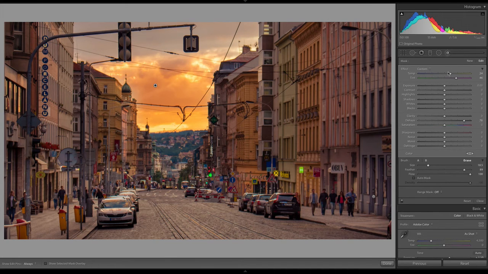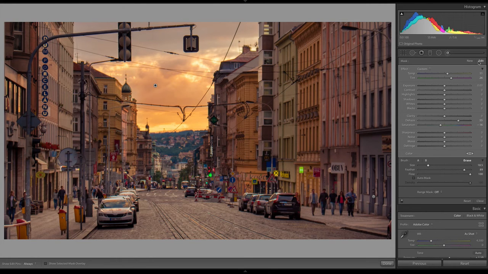So this is pretty extreme. I'm going to drop it down just a little bit, or what I can do is drop the saturation, because using the dehaze, when it gets a little bit more contrasty and everything, it adds some saturation as well. But this is starting to look a little bit more vivid, a little bit more surreal, which is something I'm going for with this photo.